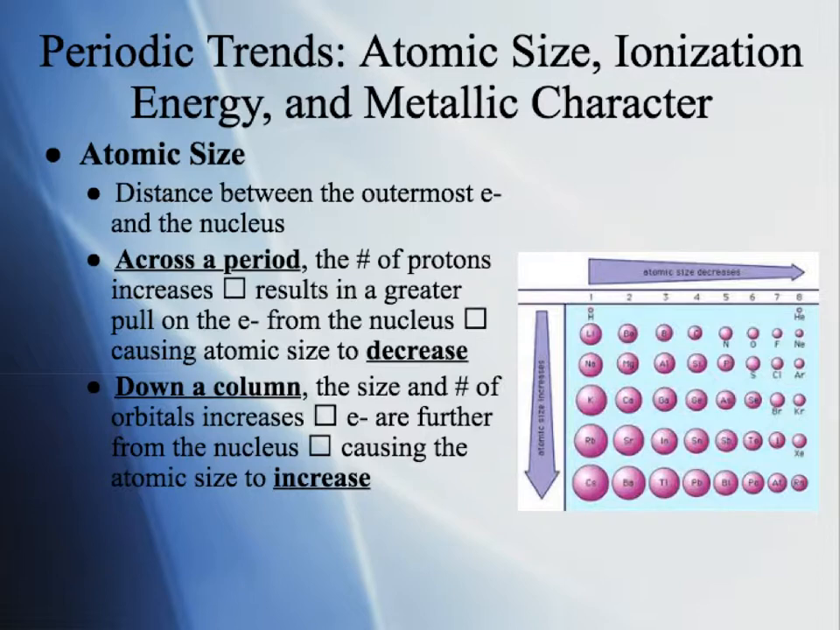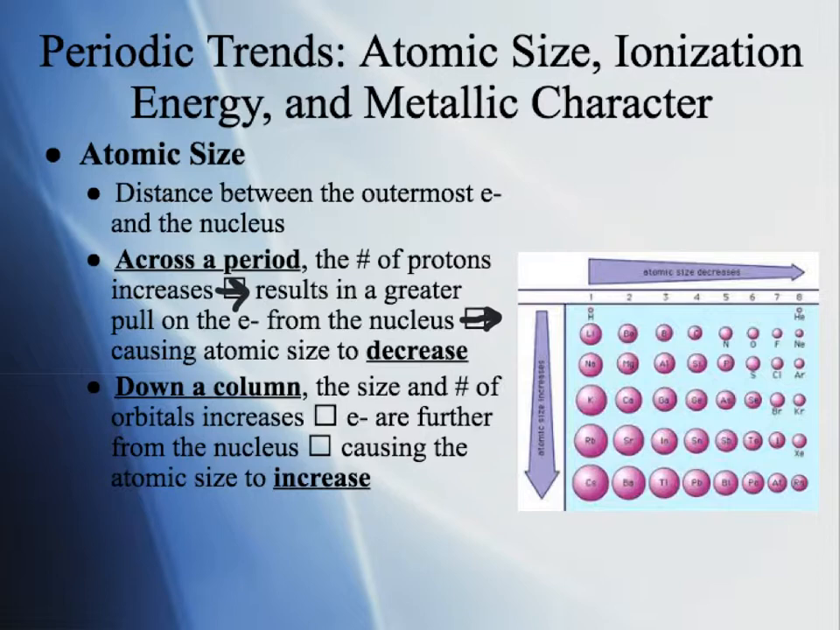Atomic size is defined as the distance between the outermost electron and the nucleus. So if you take a look going across a period, the number of protons increases, right? If the number of protons increases, that results in a greater pull on the electrons from the nucleus. And remember, the nucleus would pull on electrons because it's positively